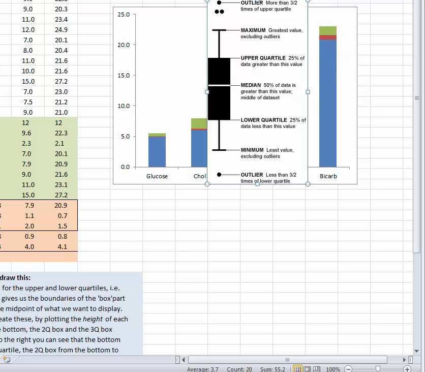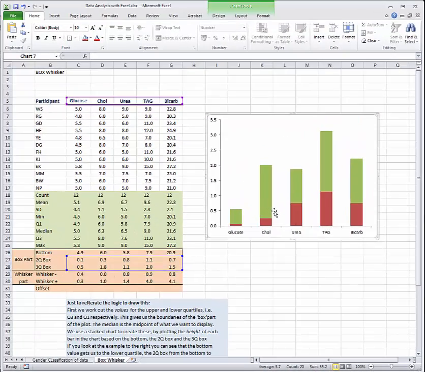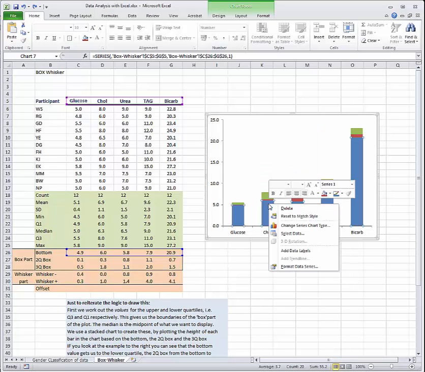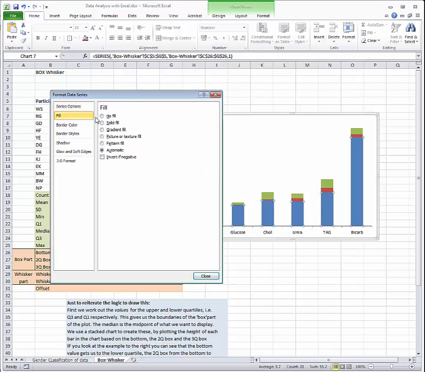We just need to get rid of this blue box, but we can't just delete it, because if I just click on it and delete it, our data doesn't look anything like we want it to. So we need to hide it. And we do that very easily by formatting the data series. So I'll say no line and no fill. And now it's invisible,